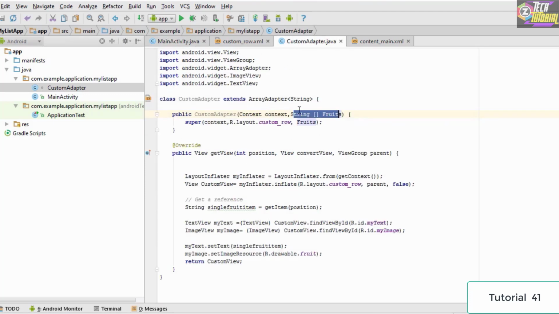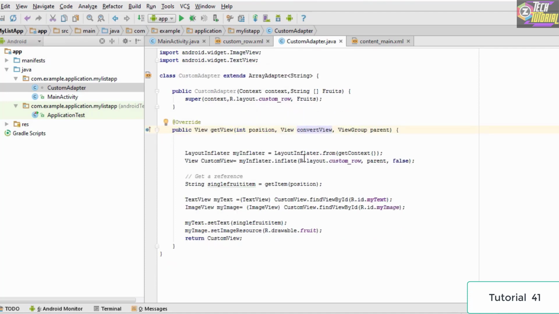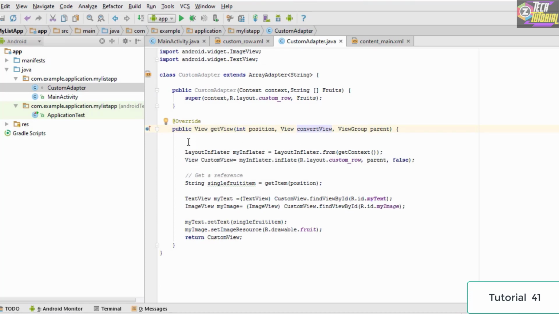After passing these to the constructor, we have also made some changes to the super. So we have changed the second parameter to custom row, and we have added the third parameter as fruits. Now once this is done, the next thing which we did is that we added an override method which is called the get view, and this method is basically going to set the view of our list view.